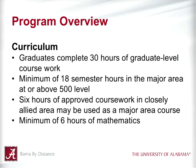The distance program is a non-thesis option. It requires 30 hours of graduate level coursework. Within that 30 hours, we like for students to specialize 18 hours of that in a major area, and that's what I was talking about a minute ago, like with my students taking vibrations, acoustics, intermediate dynamics, those sorts of things. So basically you take 6 courses that are specialized,